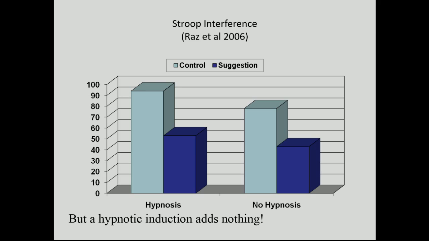So I'll leave that for now, but one thing to bear in mind in terms of an altered state theory is the induction. Well, it was non-significantly different in this case, and as I say, the normal rule is that an induction does change things by a small amount, and this is a non-significant difference, so it doesn't mean anything in itself. But one thing we can say is there is a significant and large reduction in the no hypnosis case. So my speculation would be, if you ran lots of subjects, you get the suggestion doing a lot,